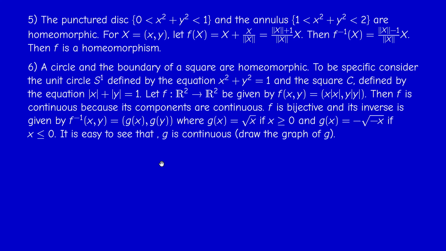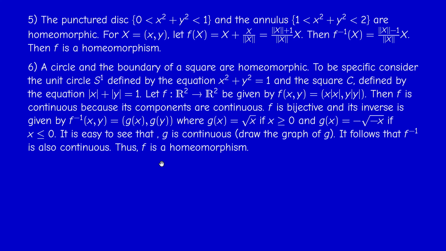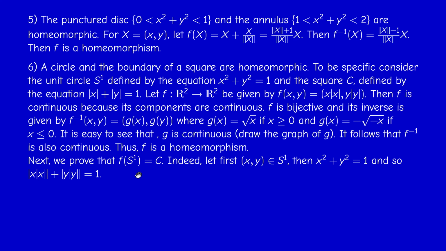But we have to prove that f maps the circle into the square. So f of S1 equals C. How do I prove that? Double inclusion. We take a point (x, y) in the unit circle, so x squared plus y squared equals 1. Therefore, I can write x squared as x times absolute x,